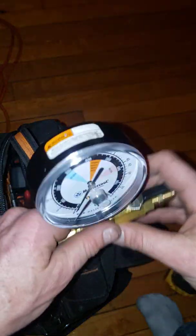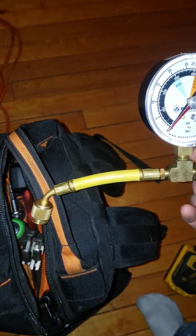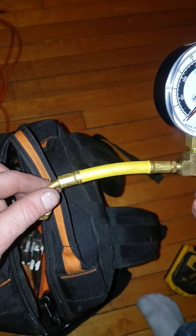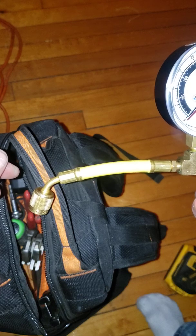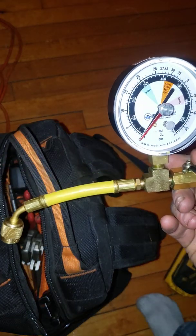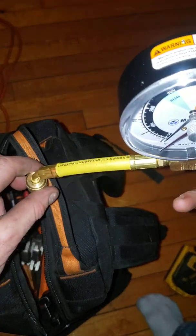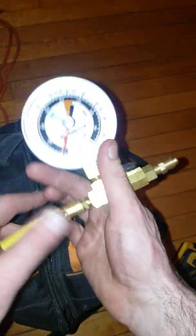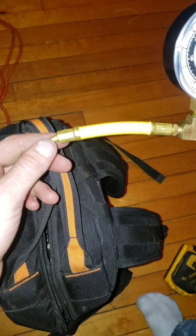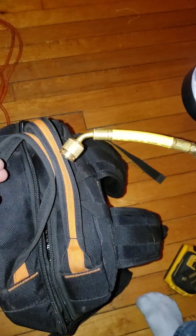So this is what I'm going to walk into every service call with, see if you have pressure, confirm that the sight glass is actually full and not completely empty, whatever. Just checking stuff out. This way I can leave it on. I gotta get a cap on this. In fact, I think I saw one. No, it was in that lower bucket. I'll get it later. So, I can walk in, plug into a system,